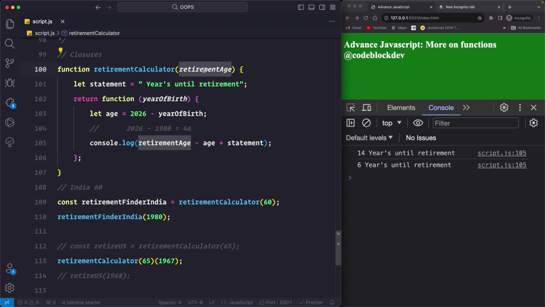So this retirement age and this statement, this inner function has access to variables of its outer function, even though the outer function is gone long back. How does this work? Well, this is exactly closures. So now let's draw the analogies by looking at the presentation, and all of this will become crystal clear.